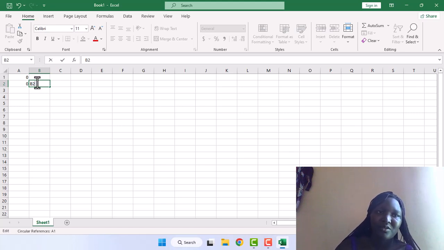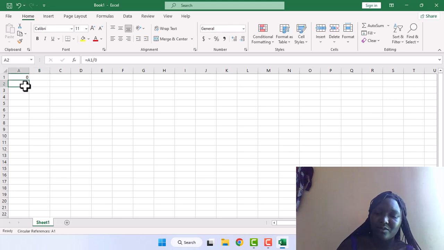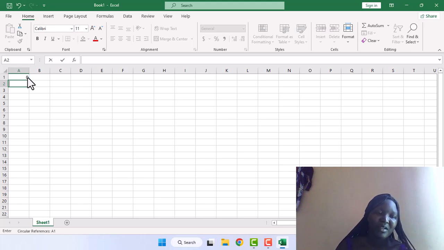Any number that you're dividing with, you must make sure that it's not 0, so that you get the best out of it, or else you will see that error appearing. Then the second one, we have the data entry errors. So for example,